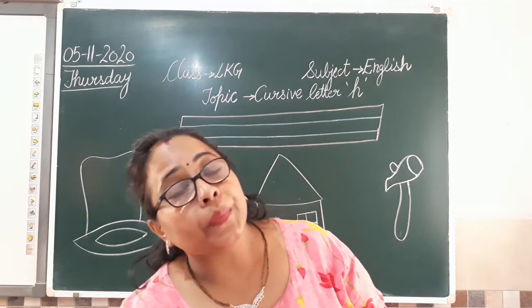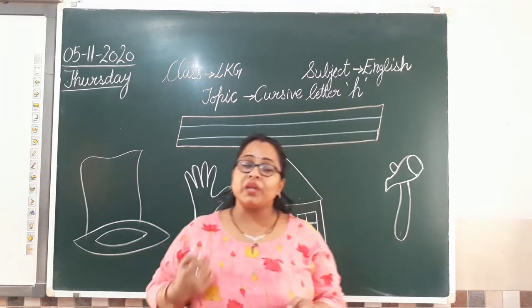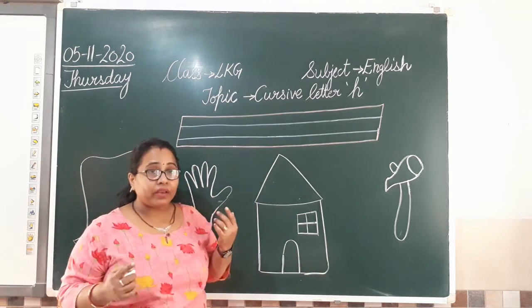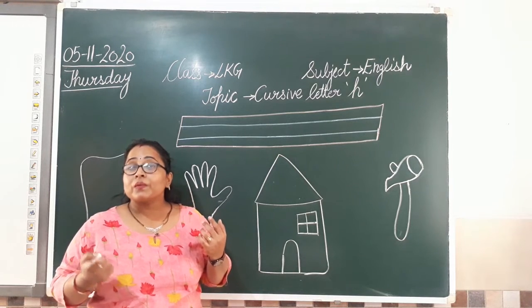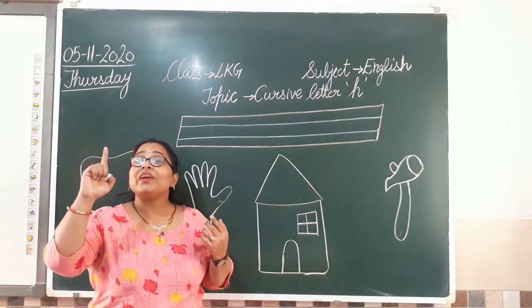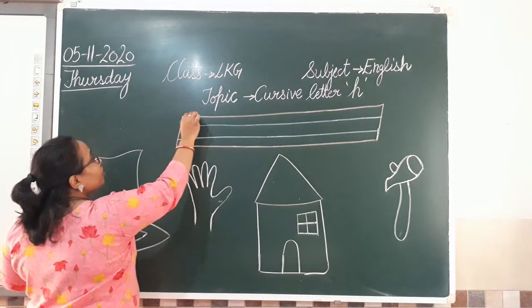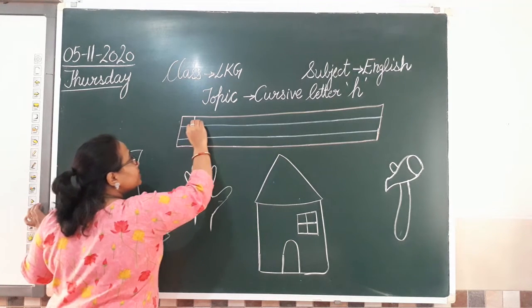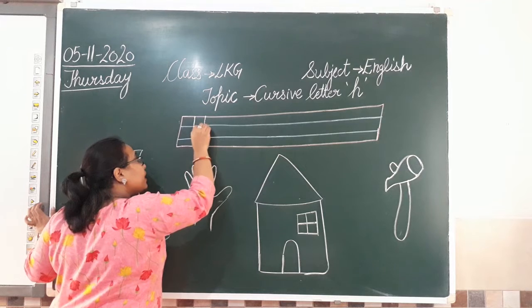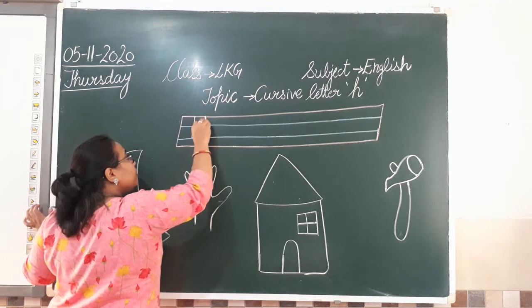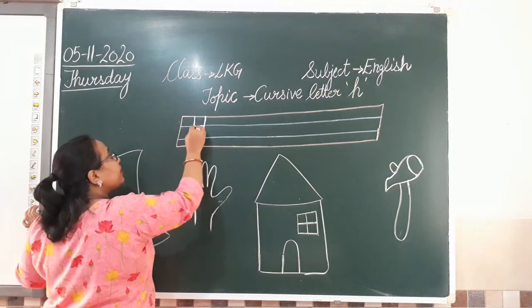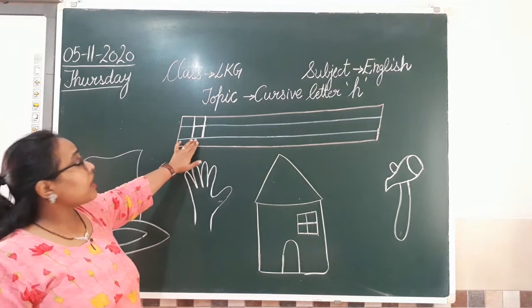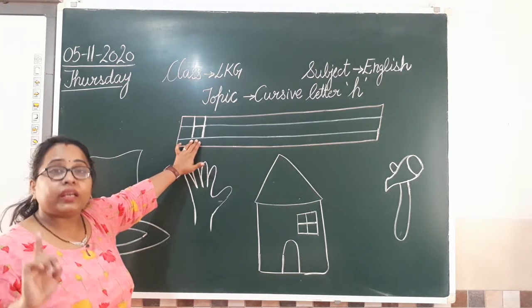So when we write capital alphabet H, how we do that? Let's see on the board once. So whenever we are writing capital alphabets, from where we begin? We begin from the top red line. Very good class. So from this point, I'll draw one standing line. After that, one sleeping line and one more standing line. So class, are you able to see? Ma'am ne correct likha hai. Is it correct? I have written. Yes. So this is our capital alphabet H.